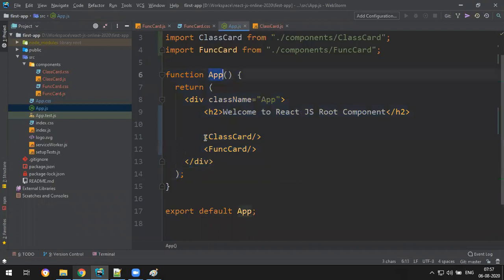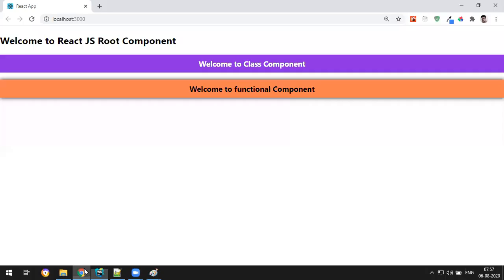Okay, this is a root component. Fine. So we have understood this concept, but I don't like this example because I don't like this very basic example. I want to design a nice card, the real card. Okay, so let's start with that one.